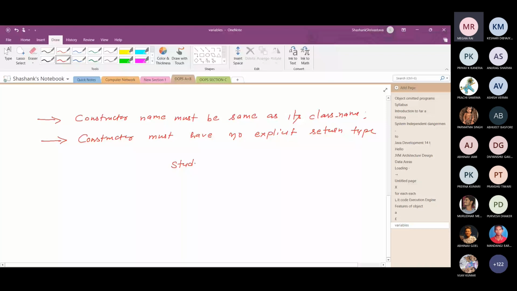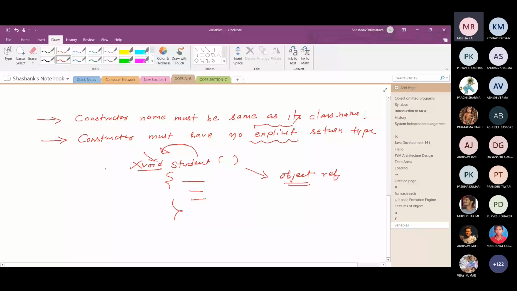But you need not put any return type here, even void, because a constructor doesn't return any value explicitly, but implicitly it returns an object reference, which is stored in the object reference variable.